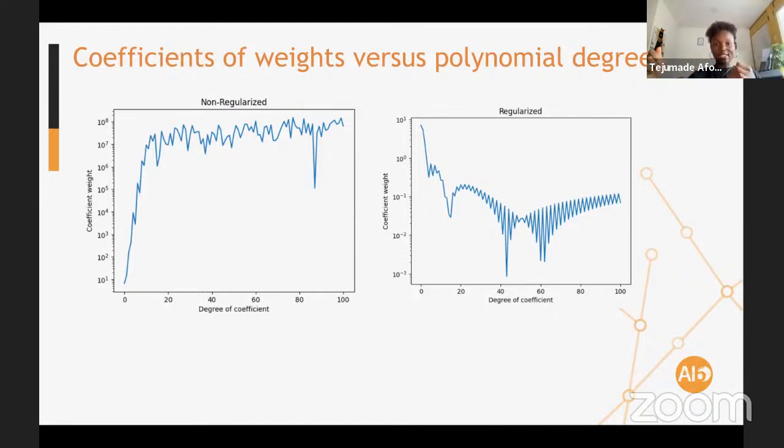But for the regularized version, as we increase this coefficient, it starts to decrease with lambda, let's say with lambda equals 1. So if we just regularize it, choosing lambda equals 1, we'll see that as we increase it, we start to have very low weight.